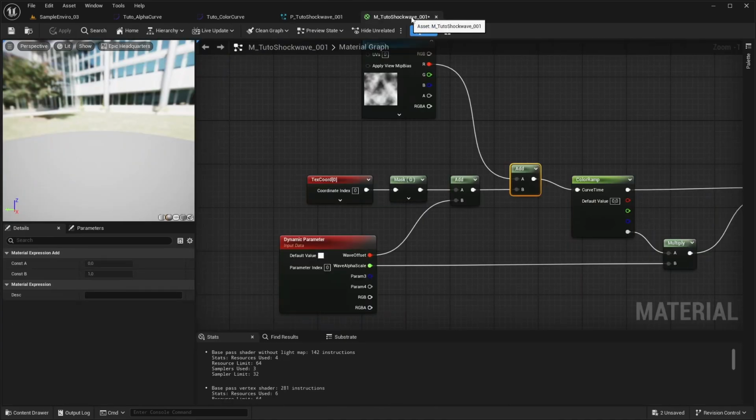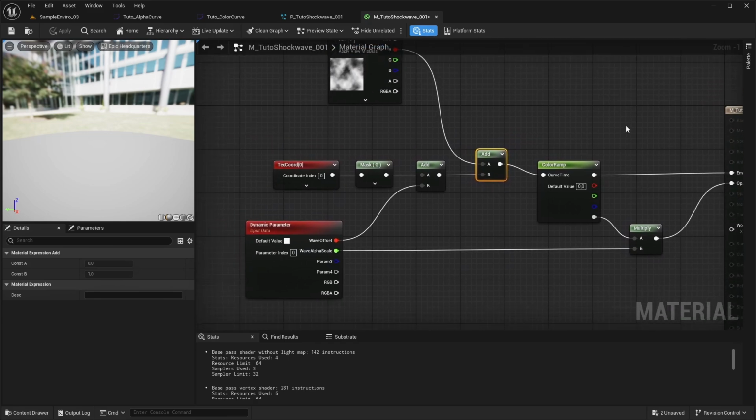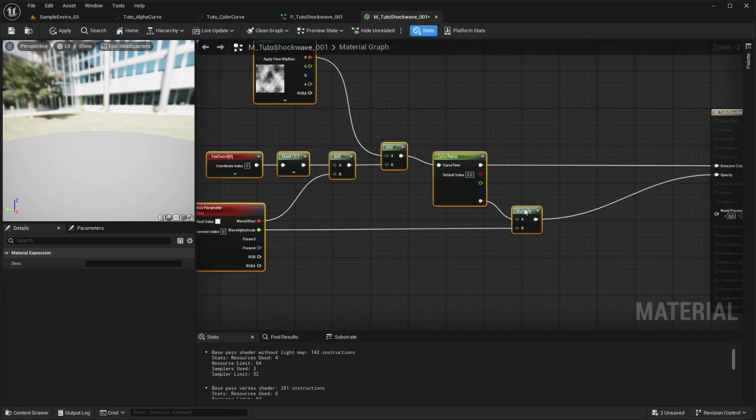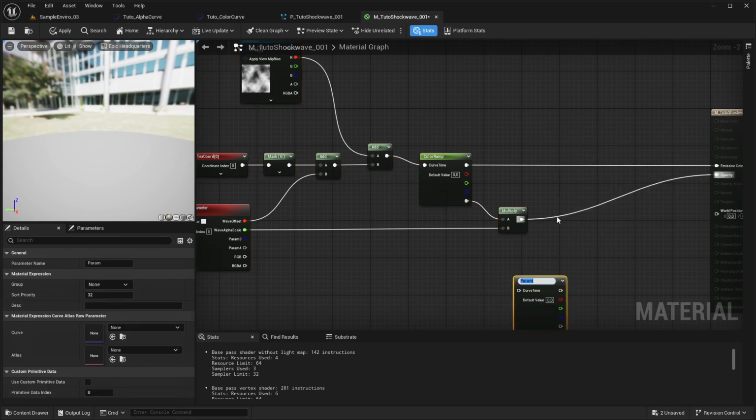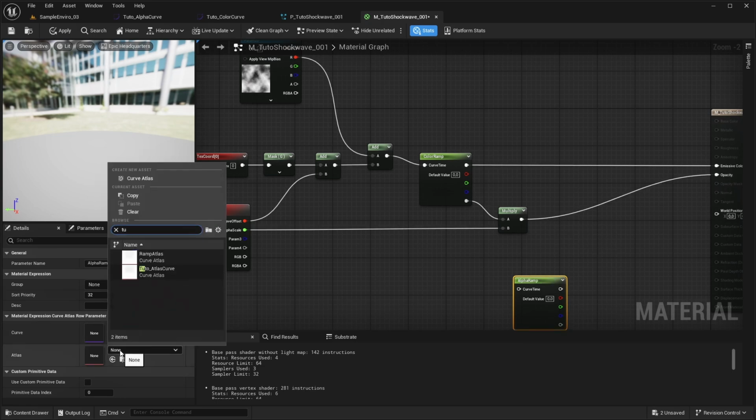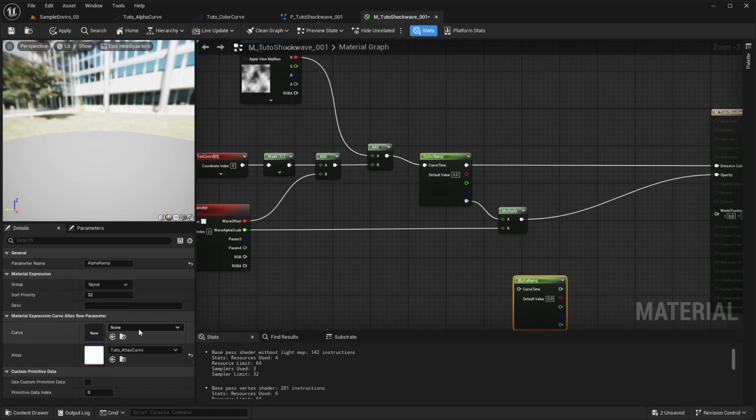We can come back to our material and add our alpha ramp to our alpha channel. So right click, select curve atlas raw parameter, rename it alpha ramp. We select the same atlas, but we will select the other curve that is the alpha one.